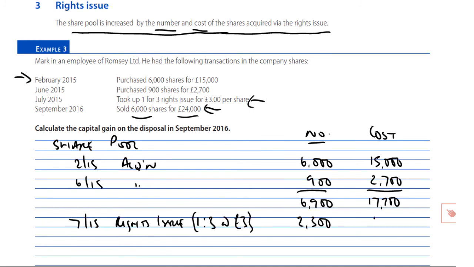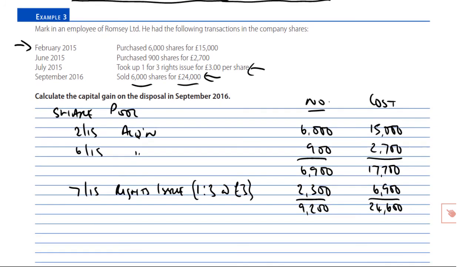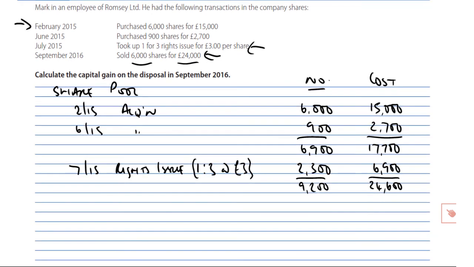So 1 for 3. Divide 6,900 by 3, and that therefore means we acquire a further 2,300 shares at £3. 2,300 at 3, £6,900. Revise your share pool: 9,200 shares, at an overall cost of £24,600. That's the position at the point at which we had the disposal. So again, it is a pool. So in, where was it, September 16,